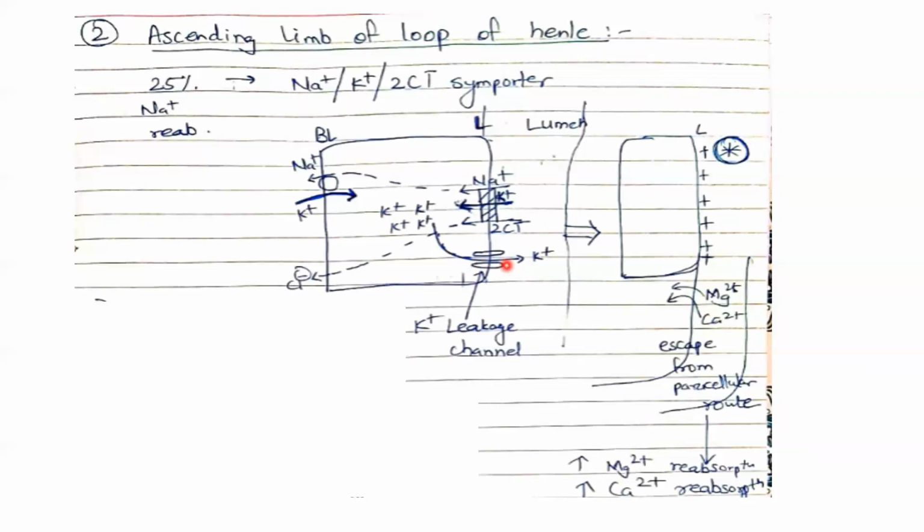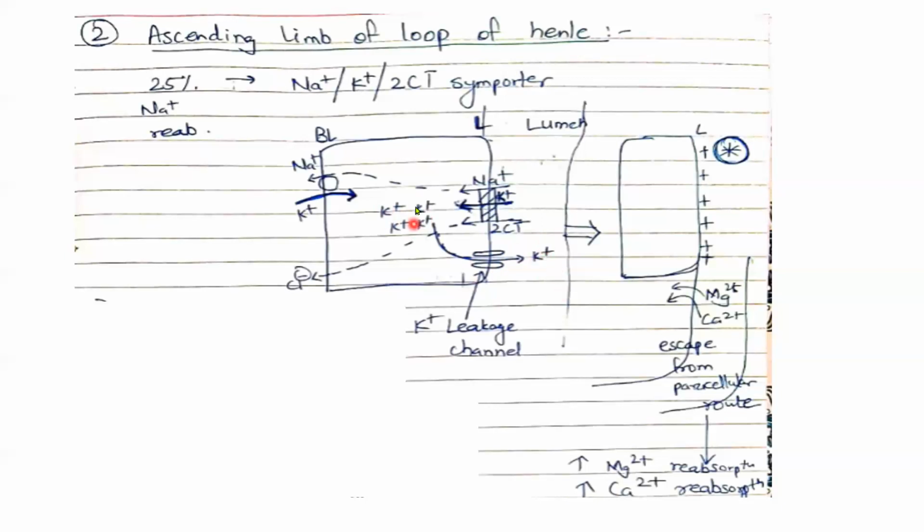For this, you will have to remember, when you learnt the nervous system as a chapter, we had discussed there are 4 types of ion channels. One is ligand gated ion channels. Second, voltage gated ion channels. Third, mechanically gated ion channels. And fourth is leakage channels. Leakage channels work on which principle? From higher concentration, the electrolyte moves to a region of lower concentration.